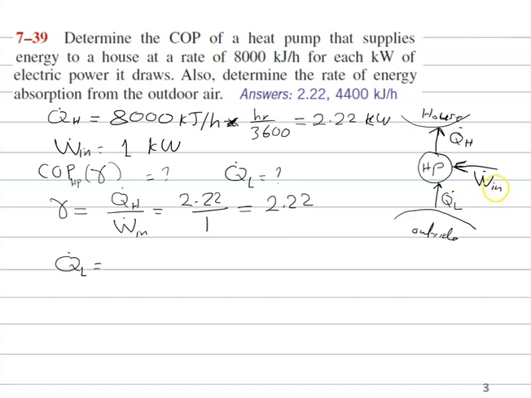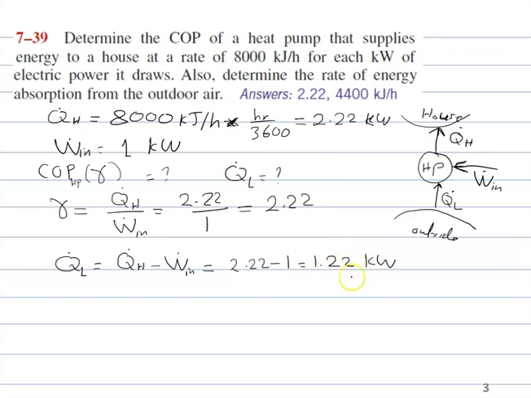So QL plus WN equals QH. So QL equals QH minus WN. Okay, so that is 2.22 minus 1, which is 1.22